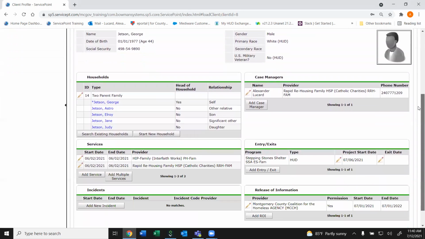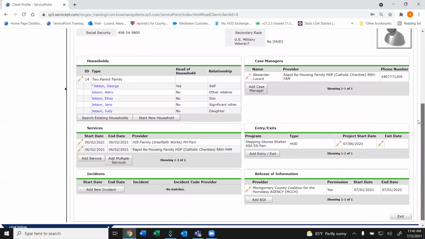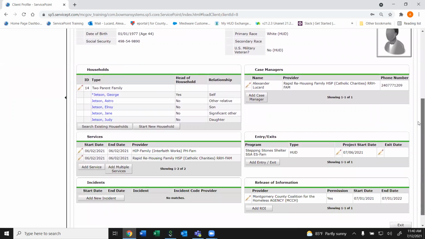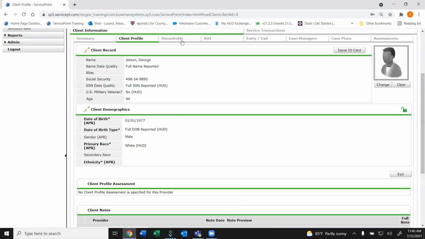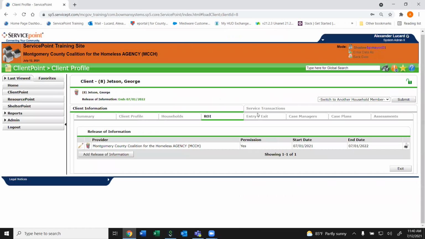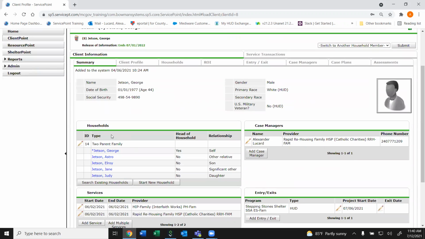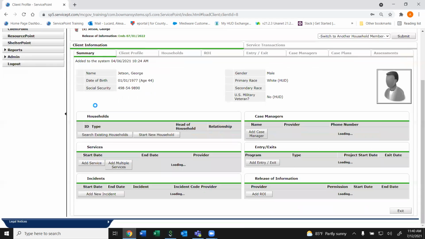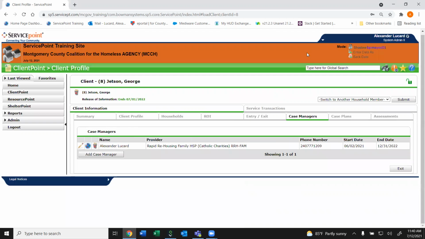The Summary tab has everything on one page here, in case that's the way you like to look at things. Well, some people might be like, information overload, and would prefer to click on each of the tabs one by one like this. So as we can see here, we've got the household tab for the Jetsons. We could also either do our editing here or starting a new household, or we can click on the households tab here. Case managers, we've got the case manager tab here. We could do it there,